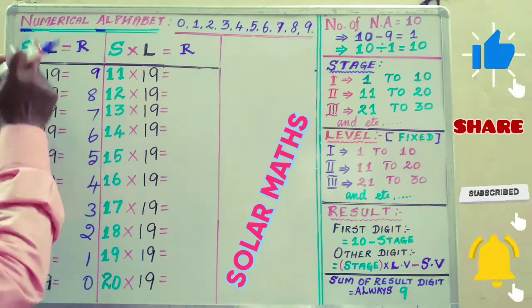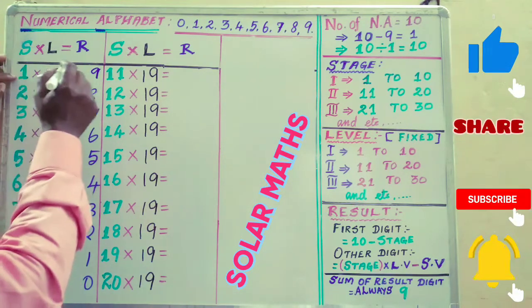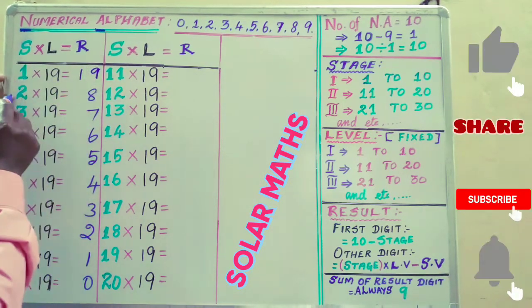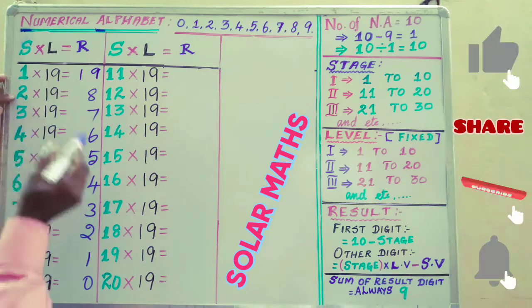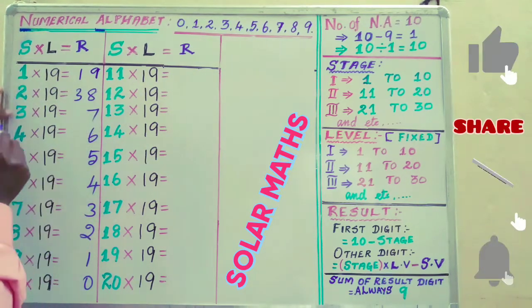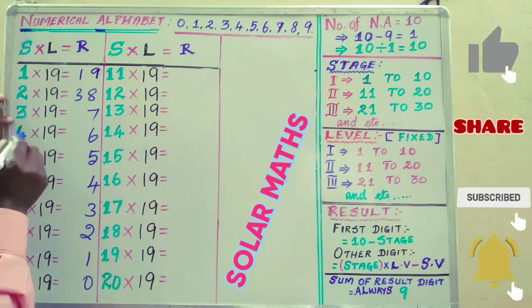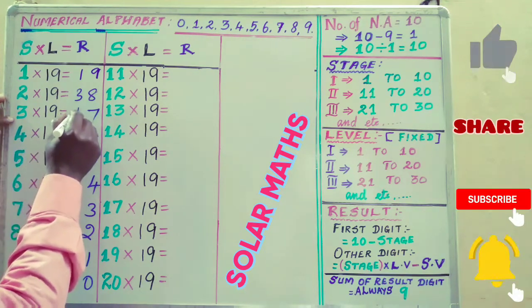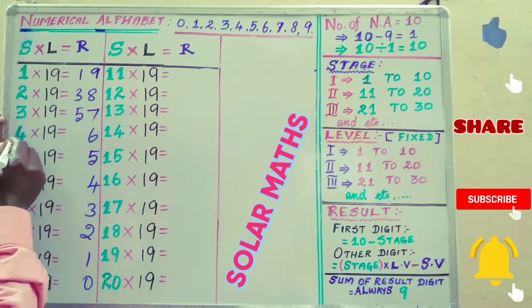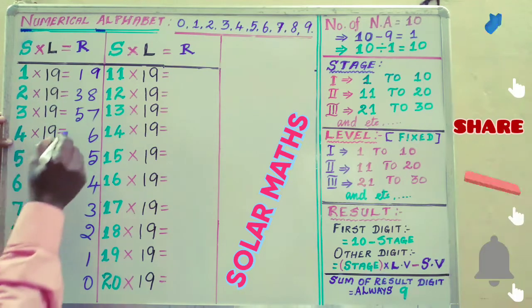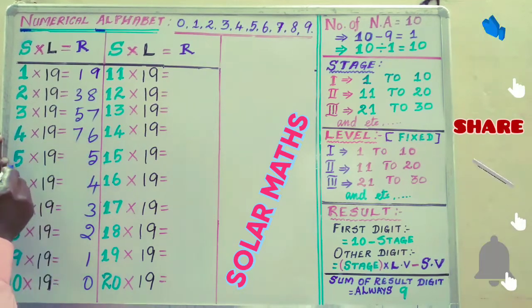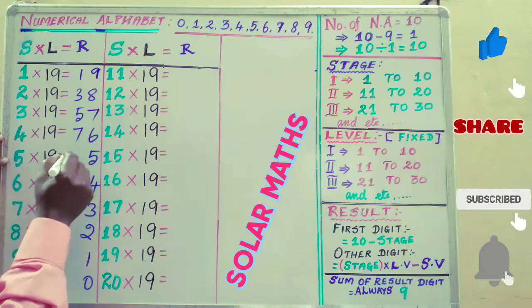So 1 into 2 is 2 minus 1 is 1, and then 2 into 2 is 4, 4 minus 1 is 3, and 3 into 2 is 6, 6 minus 1 is 5, 4 into 2 is 8, 8 minus 1 is 7, 5 into 2 is 10, 10 minus 1 is